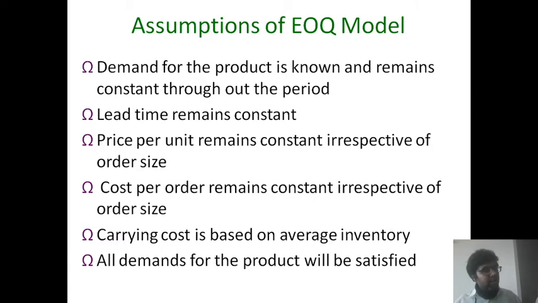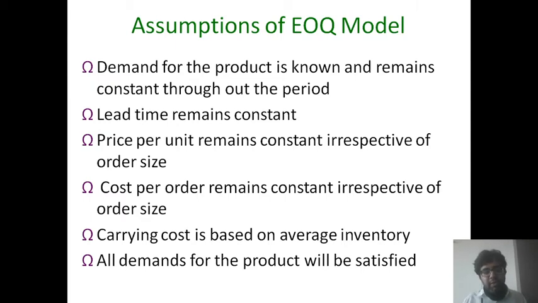No matter how big an order, bulk order or individual order, we give, the product size or product cost would remain the same. Carrying cost is based on average inventory. It is a good example. Like, carrying cost would be on the basis of average inventory held per year. We will be seeing it in our sum.